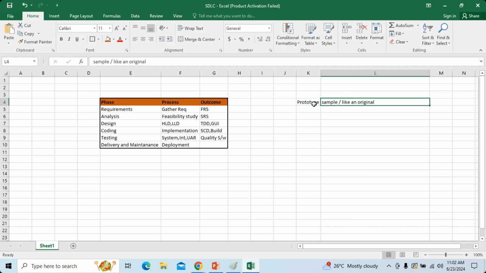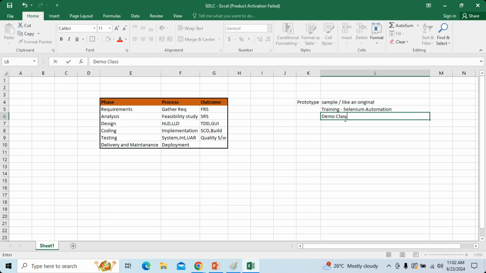I'll give you an example. You are going to attend some training classes for Selenium automation. So you will go to an institute and ask the reception people when the demo class is. What do you mean by demo class? There will be a faculty who will take a session for at least one hour, or whatever time they take. They will explain what they are going to cover